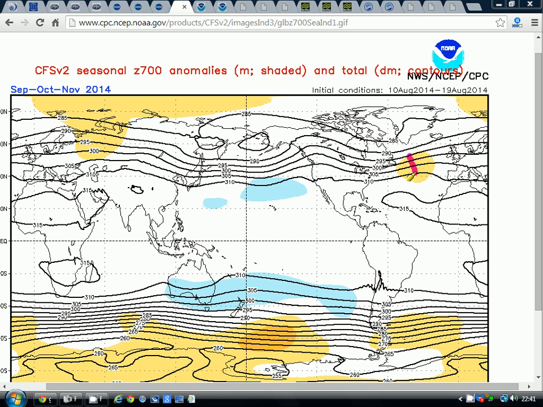We've got a ridge of above average heights, high pressure, set up in the middle of the Atlantic. Not a lot going on otherwise. We've got a ridge of high pressure up to the northeast of Scandinavia. That's sort of a Siberian high beginning to get itself together. Otherwise, not a great deal going on.